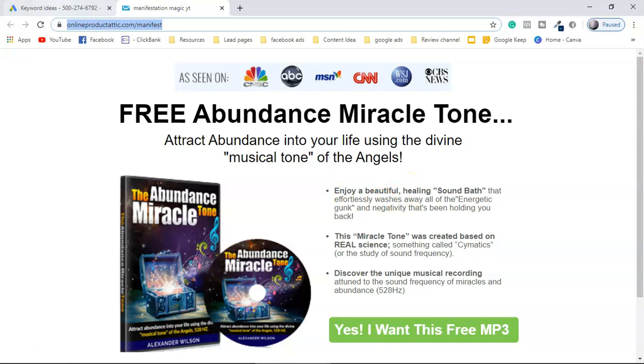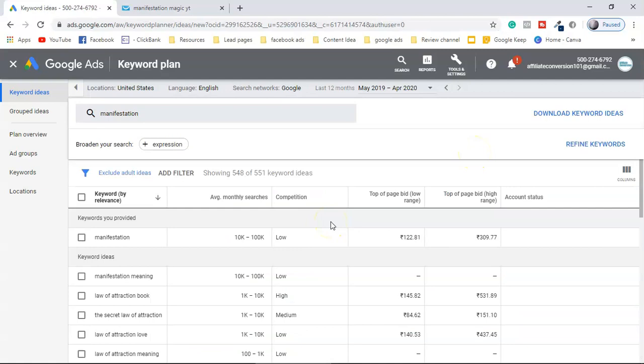But in case these keywords are not there in your landing page, again your ad is not going to start, or maybe not going to show for this particular keyword. The relevancy is the key, guys, in any ad, Facebook ad, Google ad. You can do anything with native ads, but Google ad is known as an intent-based ad. That means people are coming here intentionally typing keywords, like how to manifest abundance, or how to lose weight. So this is based on keywords. If you're not targeting the keywords properly, your ad is not going to show up, whatever the budget is.